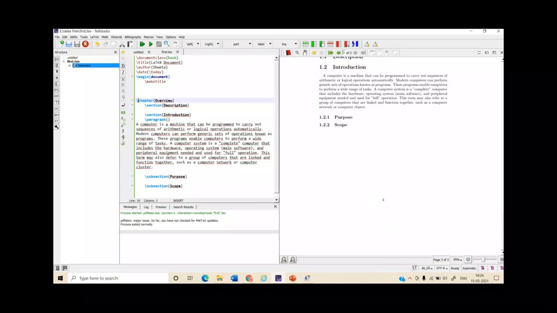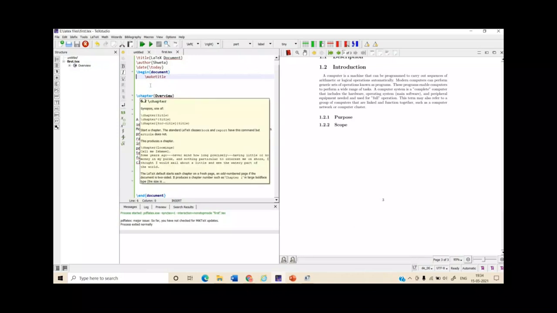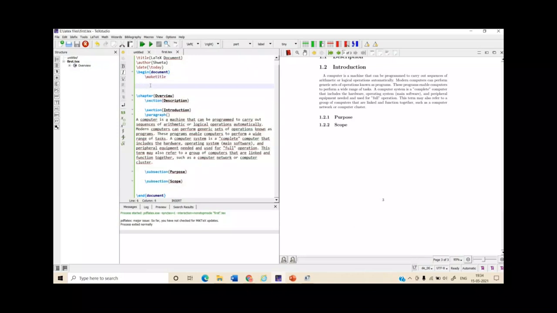Now let me tell you one more thing about that, how to add table of contents. So for that you just have to write simply before the chapter part, after make title, just simply insert that is table of contents.